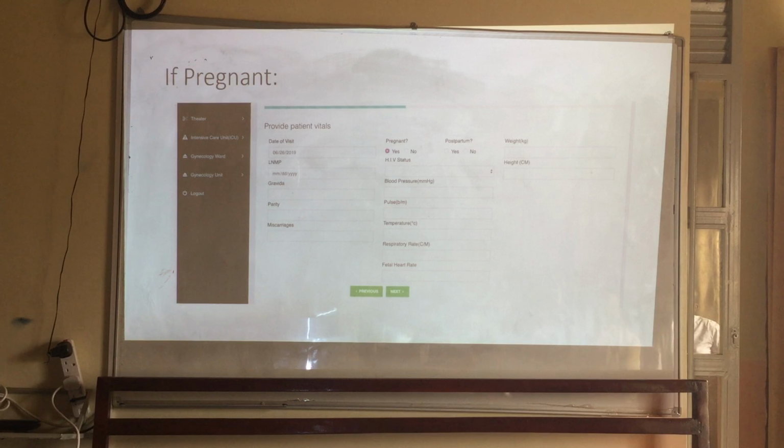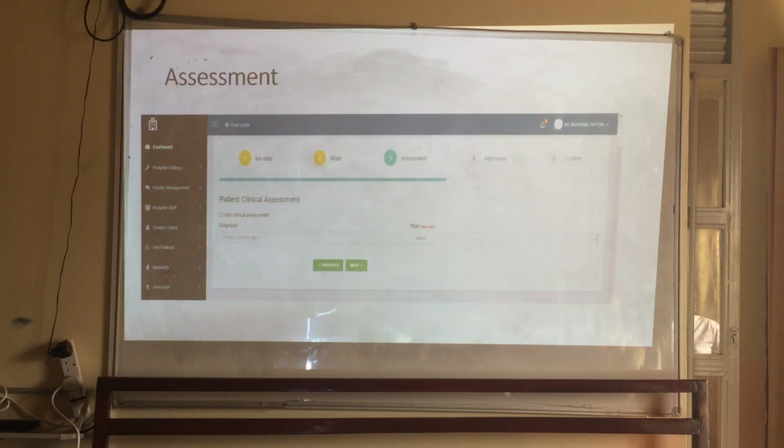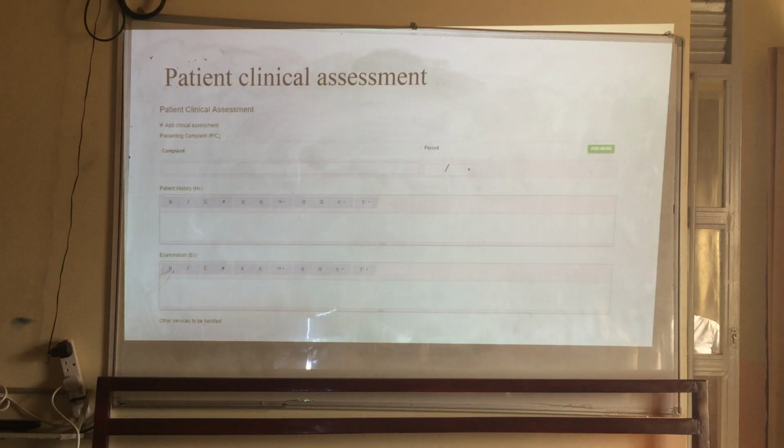Then, if pregnant, we are going to key in some of these details. After the biodata, we have entered the vitals, then we go to the assessment. There's a place there where you can see add clinical assessment. When you click there, it will take you to this page where you're going to key in the important